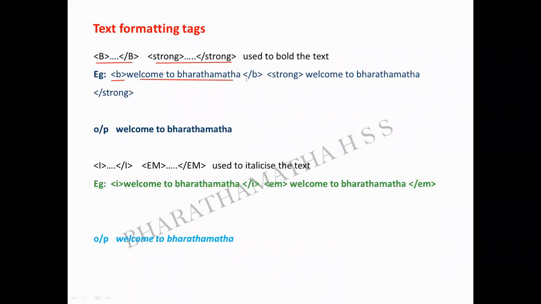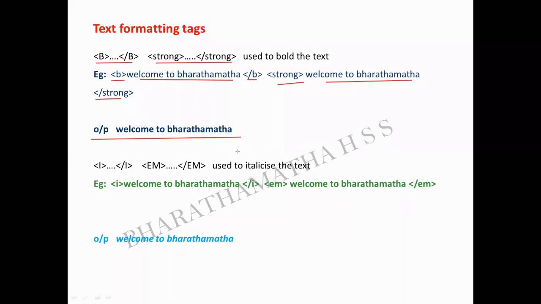We will see that in the example. Next, you will close that B tag. I told you the strong tag also has got the same effect as your B tag. How to write it the same way? Write strong, then put the contents, close the tag. So this is how your B tag will work. This is an example of how that output will be present.